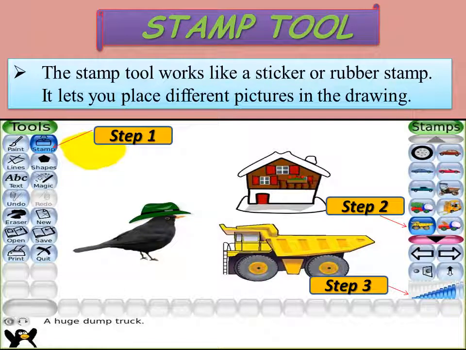Step 3. Adjust the size of the stamp with the help of the control given at the bottom of the selector. Step 4. Move the pointer to the drawing canvas at the position where you wish to place the stamp. An outline follows the movement of the mouse. This shows where the stamp will be placed and how big it will be. Click on the drawing canvas to place the selected stamp.